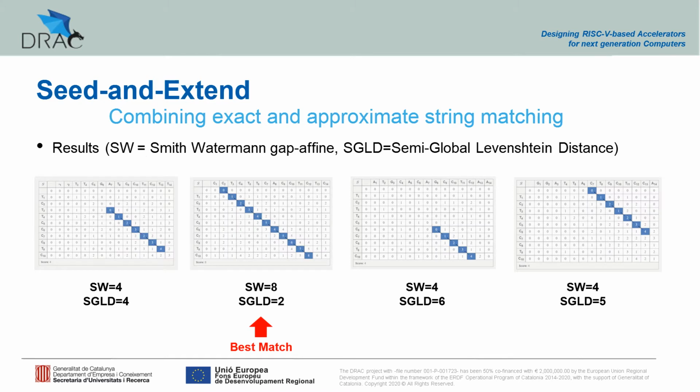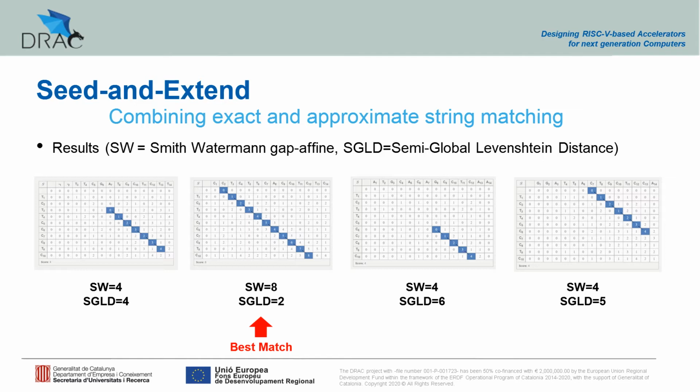Each candidate location then is compared with the read. The preferred method to evaluate the candidate locations is Smith and Waterman gap-affine local alignment, which gives an alignment score. The higher the score, the better the match. Although less accurate in biological sense, semi-global Levenshtein distance can also be used. In this case, the lower the distance, the better the match. For this example, the second candidate location is the best one as it has a higher score and also a